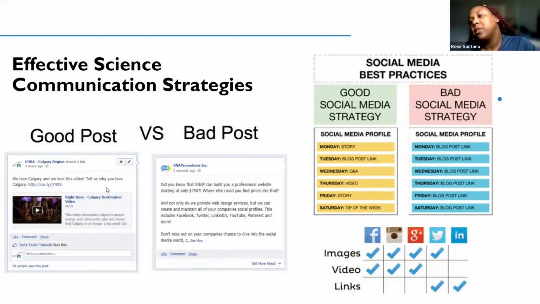Versus on the right-hand side, it's basically just a giant blob of text that is very easily scrolled past on Twitter or Instagram or Facebook, or anywhere you want to post it, because people are visual. We tend to gravitate towards something that catches our eye first, which a video or an image will do, as opposed to just a block of text.